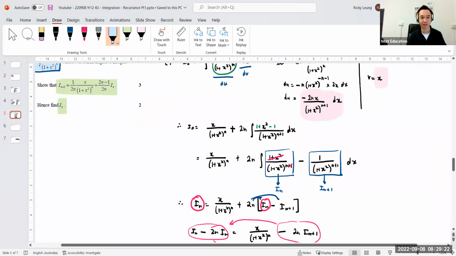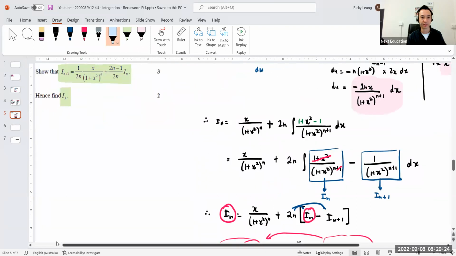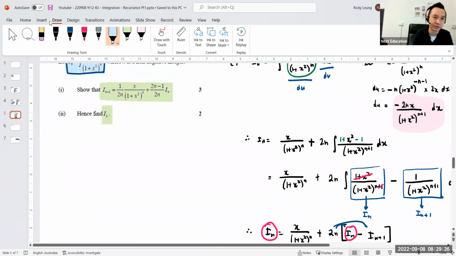In fact, can I just go over here? And I always say this to my students, if you can't do part 1, which is 3 marks, you still can do part 2, right? Part 2 is probably the easier part, where you go I3 equals, sub in 3 to that whole expression. So you get 1 on 6 times x on,